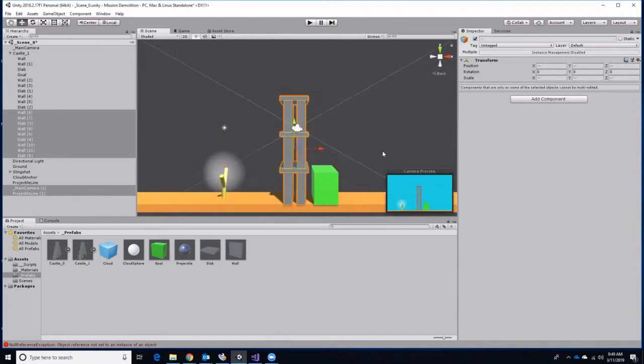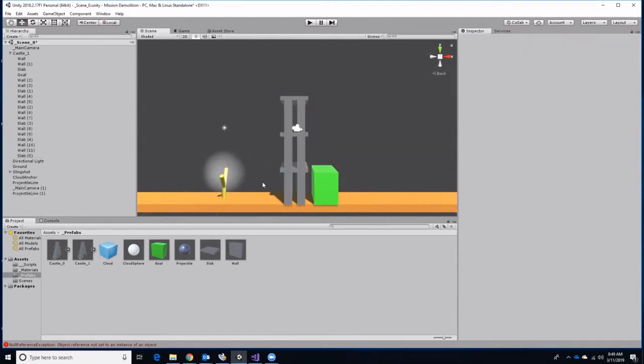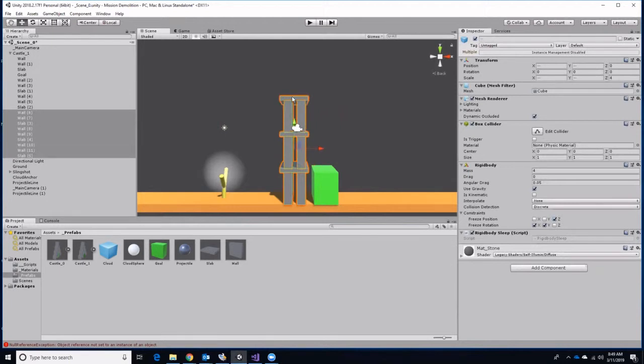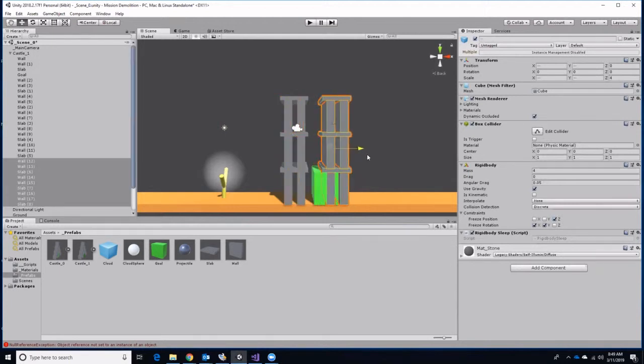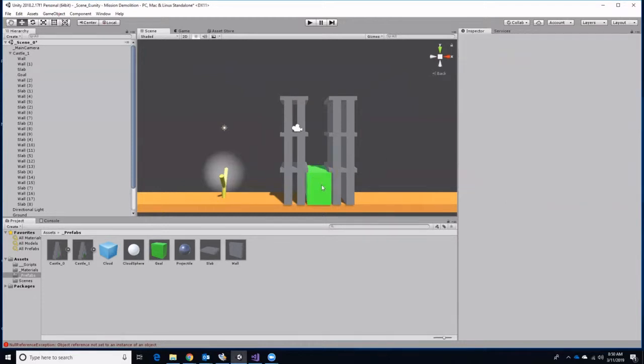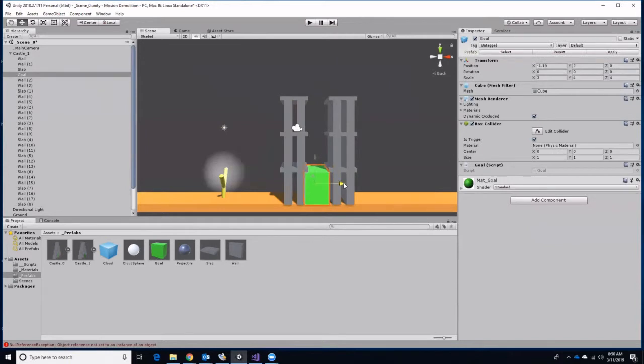Oops, I didn't want to get an extra camera. Duplicate. Now I want to set these kind of close to each other and then put our goal right in the middle. There, that looks good. That's a good building. Now this is what I want my castle 1 to look like. Put that a little bit closer